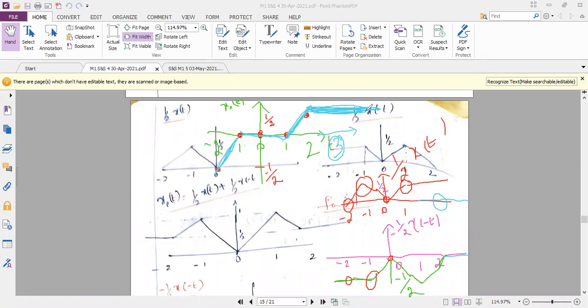Similarly, minus 2. You take the left hand side, minus 2. I now want to predict what can be there at minus 3, minus 4 like that. When I predict the values, you can see in the first diagram at minus 3, I have amplitude 0. But in the second diagram, I have an amplitude of minus 1 by 2. So the second signal is growing, and the diagram will be like this. I hope I am making you understand and not confusing you.